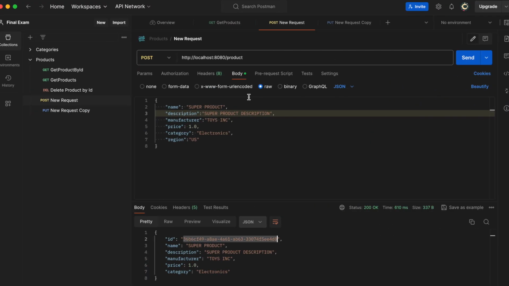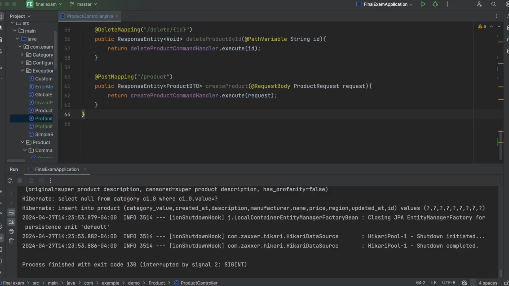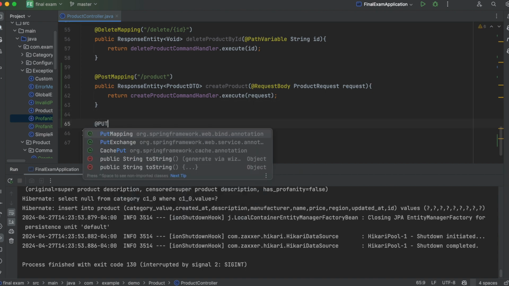Okay, next up is our update product. Okay, now that we've done all the hard work, our put mapping is going to be really easy. So now we want to update a product, and all we have to do is call that validator class, and 90% of the work is already done. So here we go. So at put mapping,